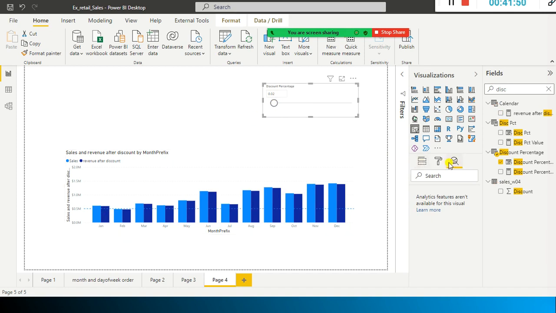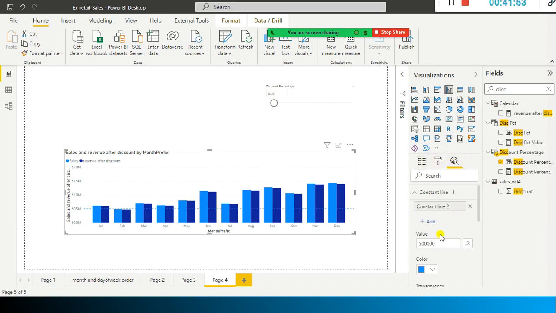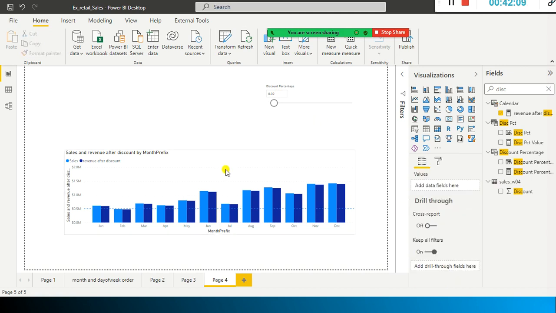So the target should also be reasonable, right? You cannot set an unrealistic target, and your discount is 0.2%. So you can give a 2% discount to achieve this one, right? That is what-if analysis. You understood the scenario, right? This is how you can do scenario analysis. Similarly, you can do the pricing part also. If I increase the price, how much increase in sales can I see?